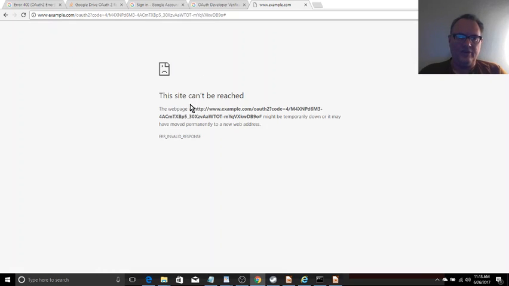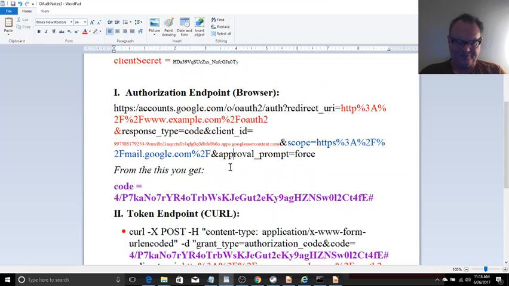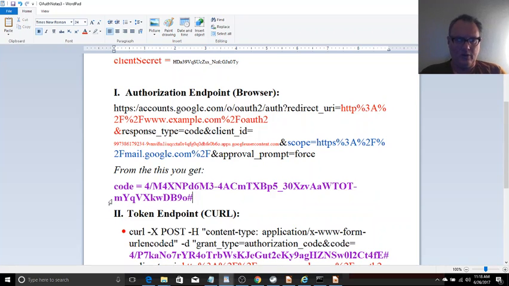Now it gave me this error here, but you can see up here it gave me a code. This is the redirect URI, www.example.com/OAuth2, and then it has this question mark code equals, and it gives me a code, and that's the code I'm going to use to request the token. Okay, this code will change frequently. So once you get that code, then